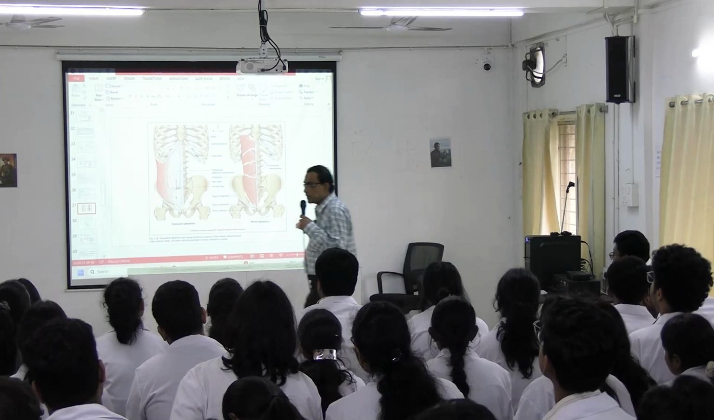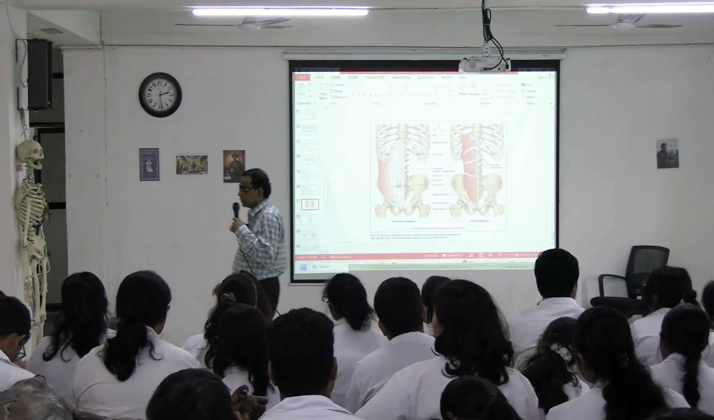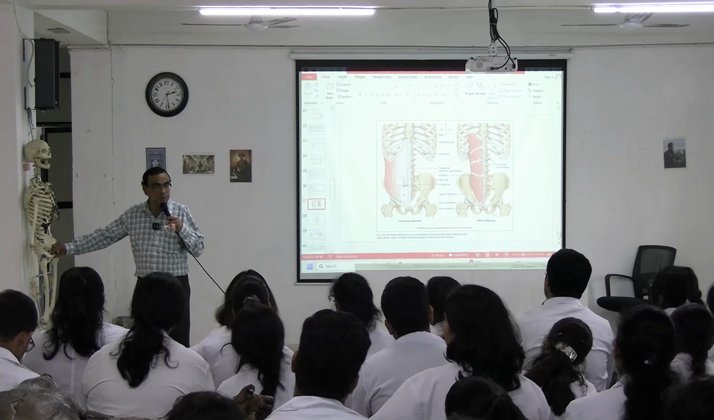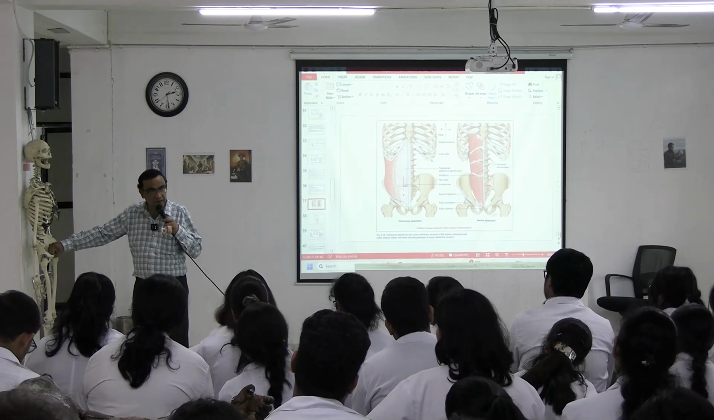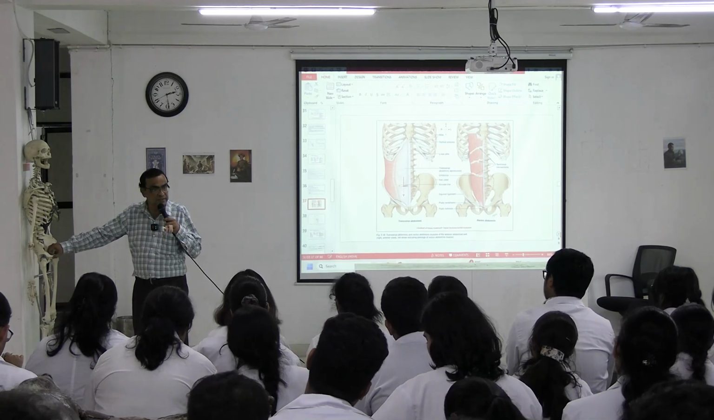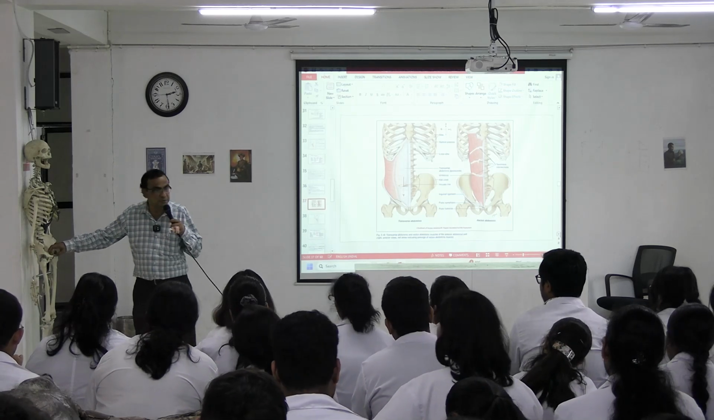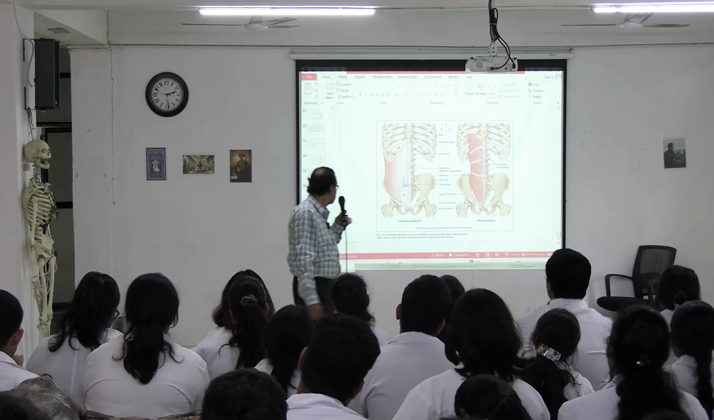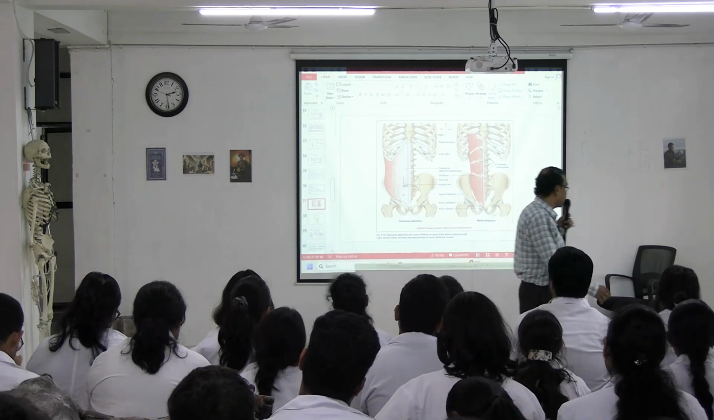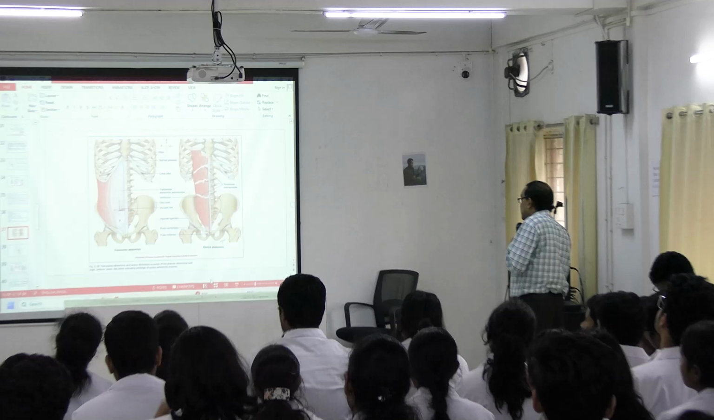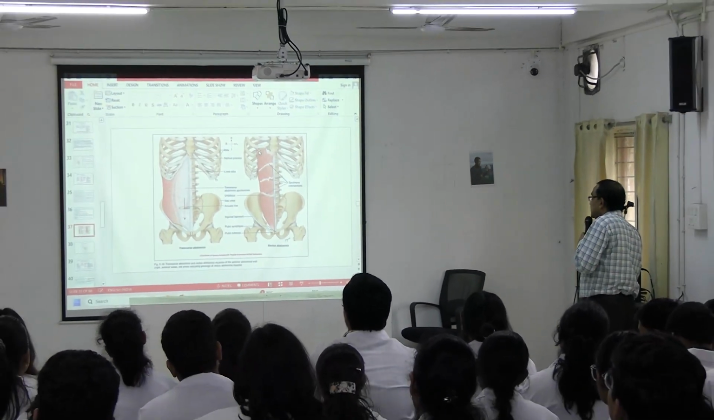Which one is the pubic crest? This is a pubic bone. Over here we can find a linear ridge, that is called the pubic crest, and this is the symphysis pubis. So it is originating from the pubic crest and the symphysis pubis, and it is directed above, and we can find it is inserted